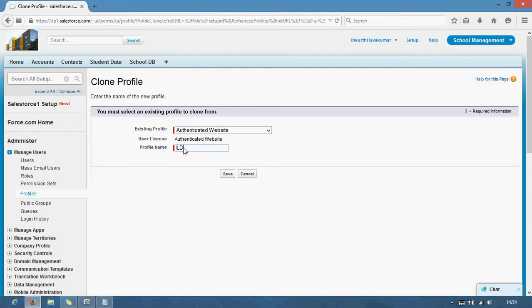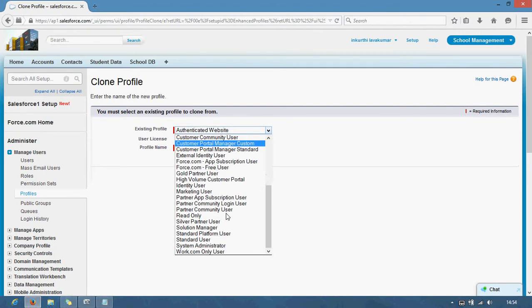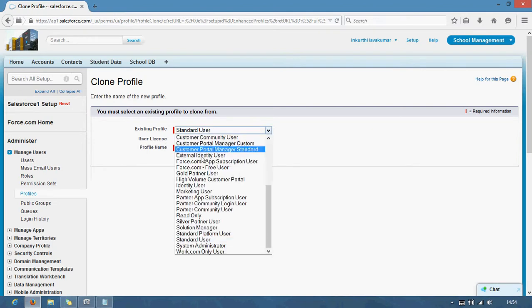We have to search for the existing profile Standard User, whose license type is Salesforce. With this, I'm cloning, which means copying the license type. I'm selecting Standard User, cloning it, and clicking Save.